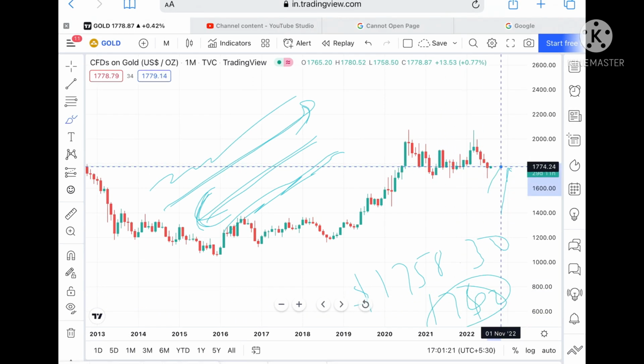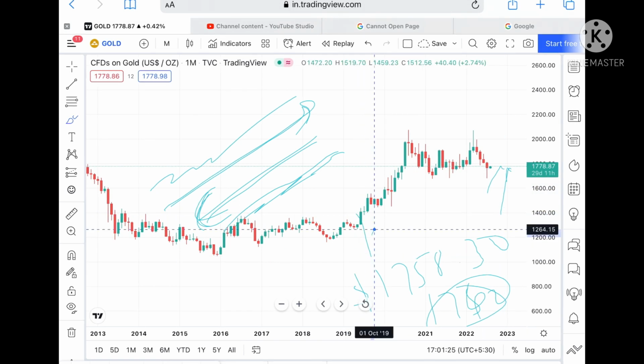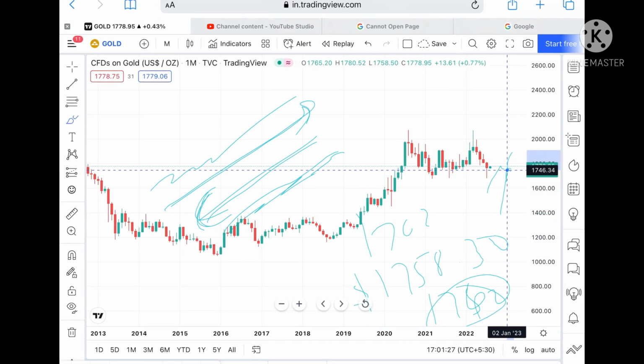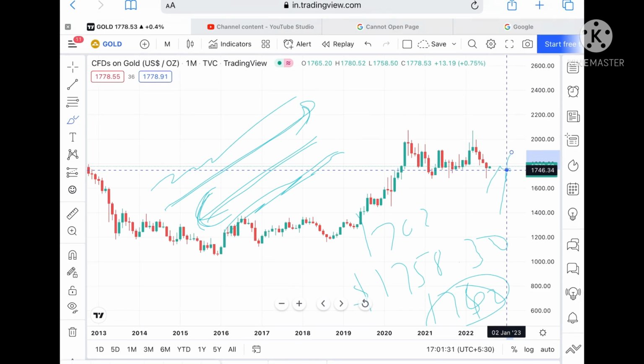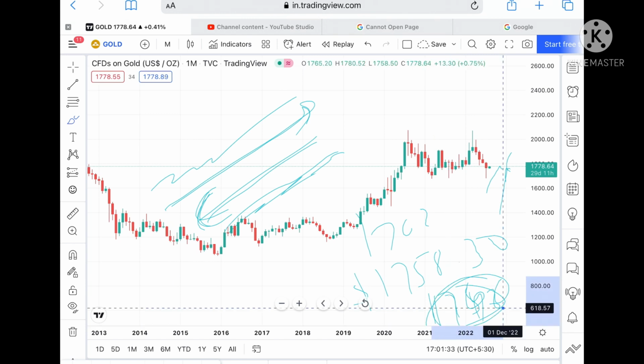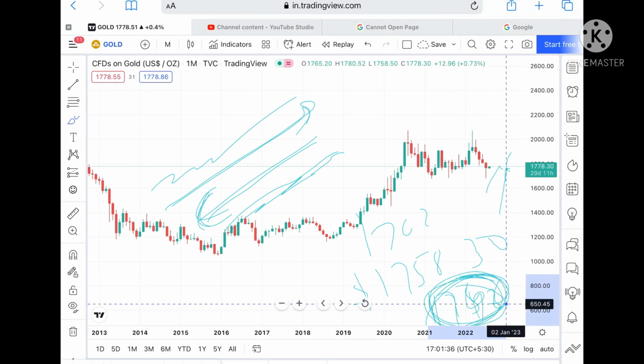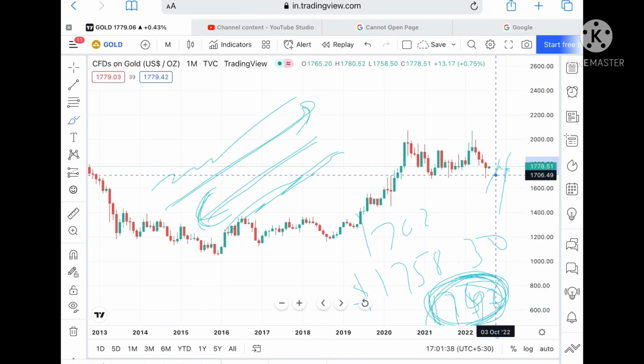Suppose the price didn't sustain that particular level also, then we can see it can come down to a level of $1762, and from there we can see it can touch a level of 1758. Suppose the price didn't sustain that level also, then we can see it can touch a level of $1746, and this particular level is a weak support, so the probability is very high. We can see it can move further down towards a level of